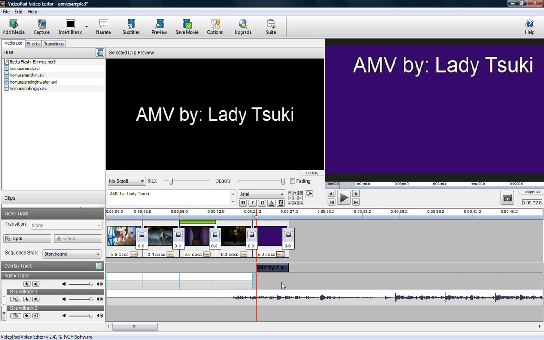As a last tip, if you decide you want to edit your overlay text, but the text you want to edit is covered up in the storyboard, like it is here, you can edit it in the clips area to the left here.